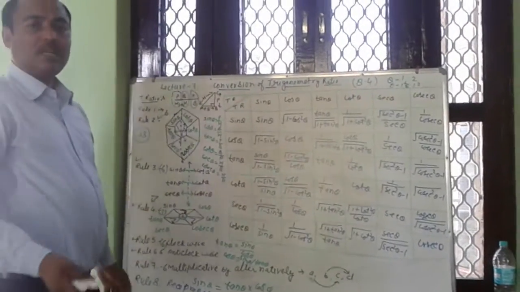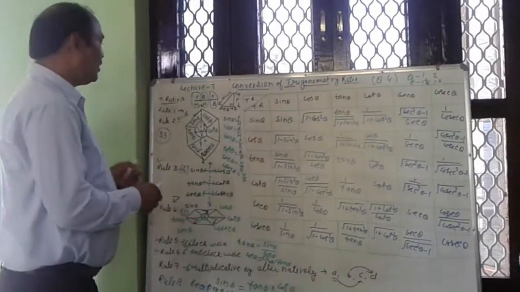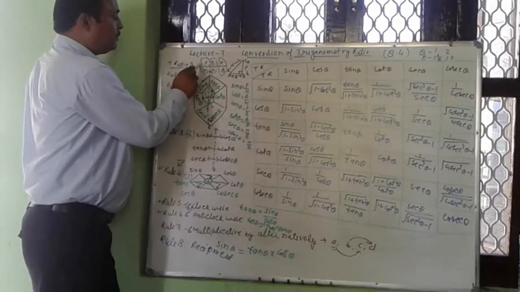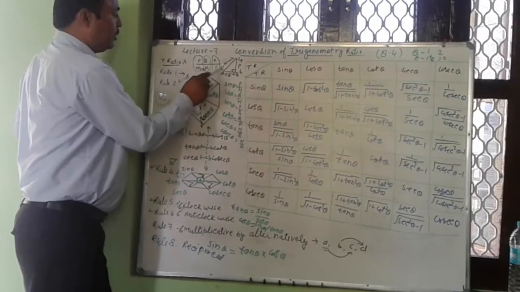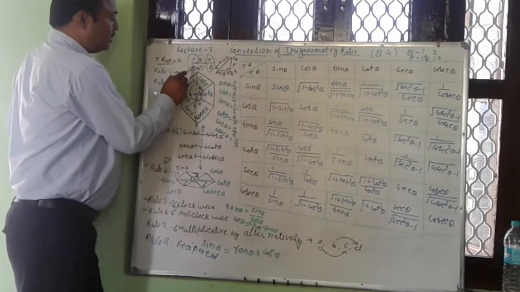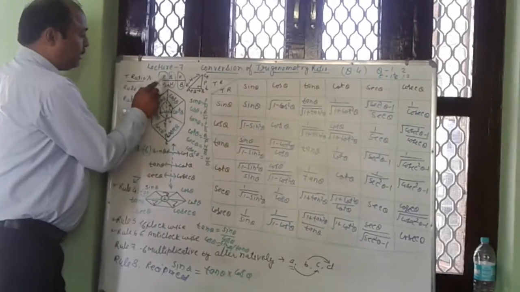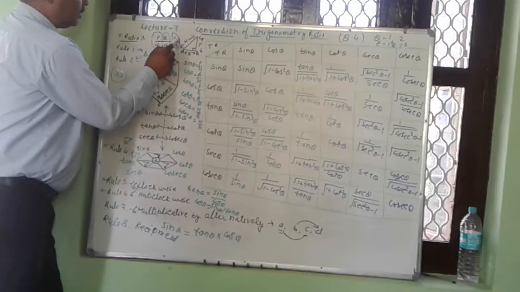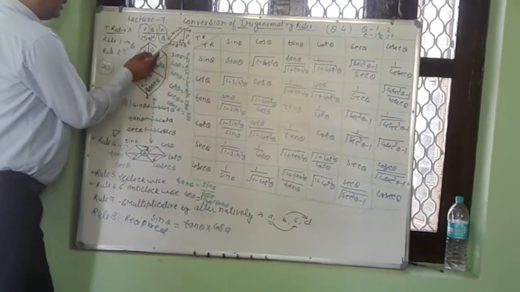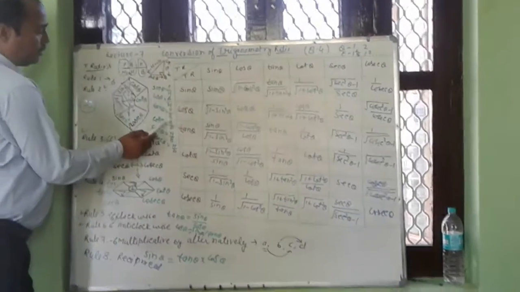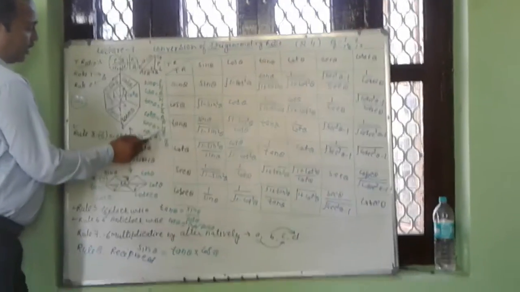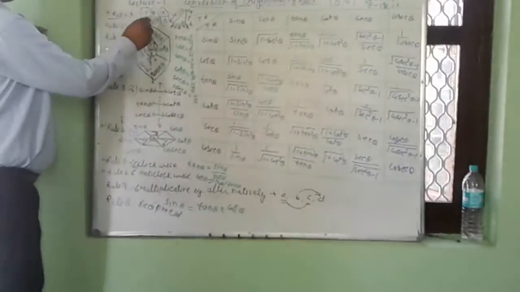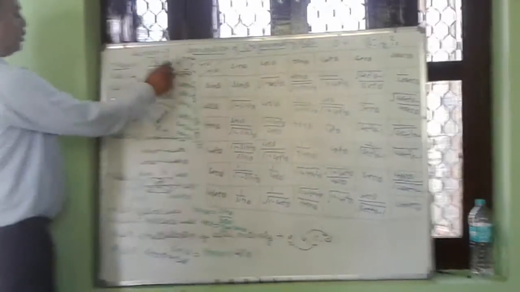So once again, let me re-memorize quickly. First of all, we write Pandit Badri Prasad Har Har Bole. First, this is Pandit Badri Prasad. It means P upon H. This is sin theta. This is base upon hypotenuse. This is cos theta. This is tan theta. Then base upon perpendicular. This is cot theta. This is sec theta. This is cosec theta. 6 ratios come from here. This is the basic formula for the trigonometric ratios.